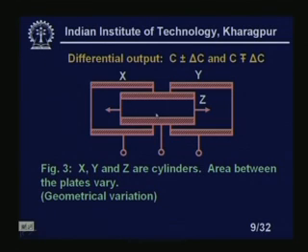Now, if we push it to this side, what will happen? The capacitance between X and Z will increase because it is getting more area between the plates, and the capacitance between Y and Z will decrease. Similarly, if I push in the other direction, the capacitance between X and Z will decrease because the area will be less, and the capacitance between Y and Z will increase, right. So, if I put this in the two arms of the Wheatstone bridge, obviously my bridge unbalanced output will be double. That is the advantage of using differential measurements. This is a differential output from a capacitance sensor.